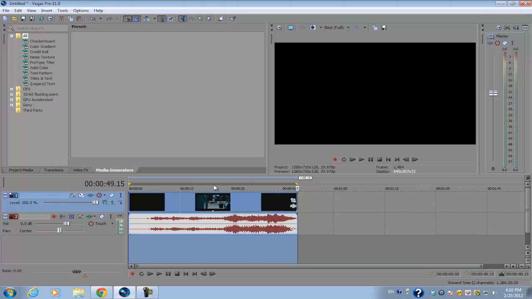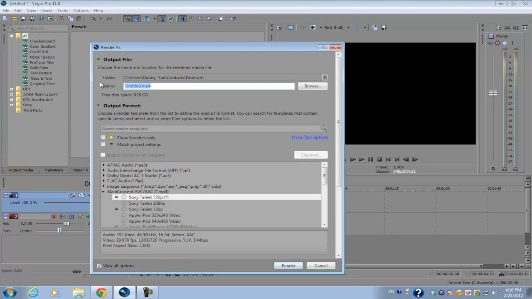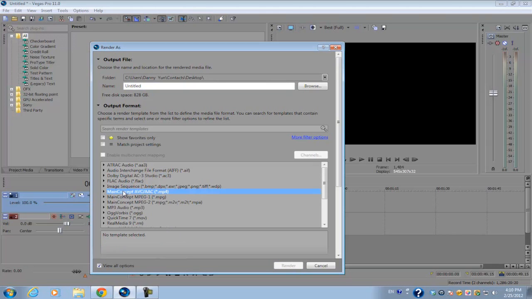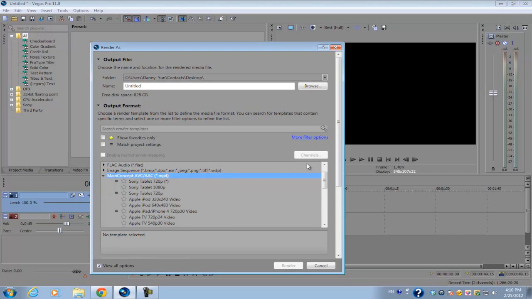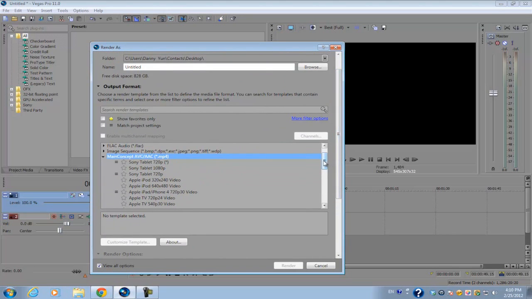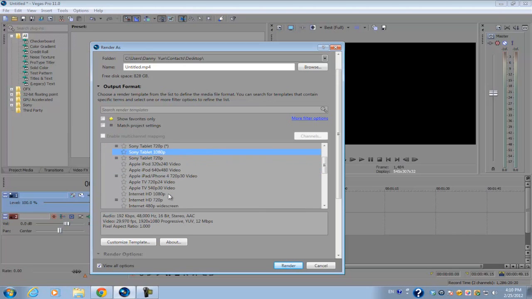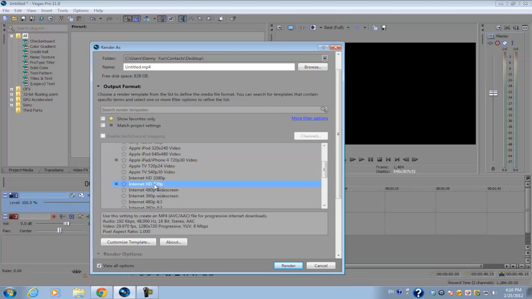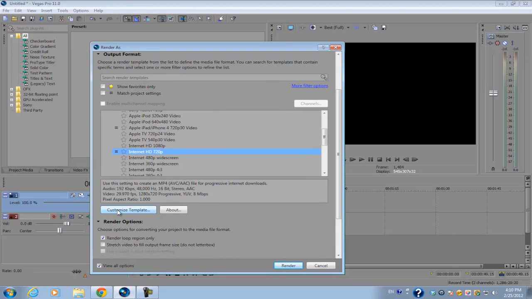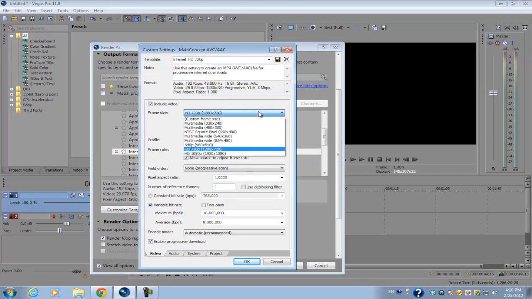So once you have that loop region set, you want to go to File and Render As. And this time we're going to render in Main Concept AVC instead of Sony AVC, just because this is more reliable most of the time than the other codec. So again, open up the drop down menu of the Main Concept AVC, and we're going to go into the Internet HD 720p preset. Now click on Customize Template, and you want to make sure that these are basically similar to the settings of the project video properties. So since we're doing 1280 by 720